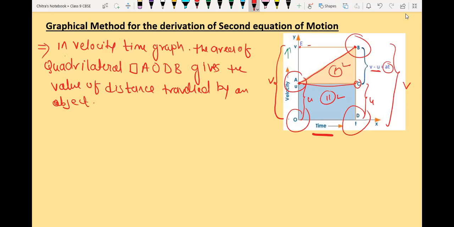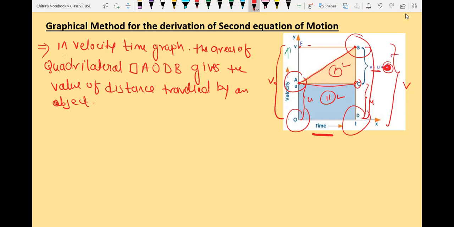Yes beta, one question. I am confused about v minus u equals at. How did we get that? Oh beta, it is our first equation of motion that we derived in the last class: v equals u plus at. So we are not going to discuss at here. Just don't forget that. See, here we have this distance is v.